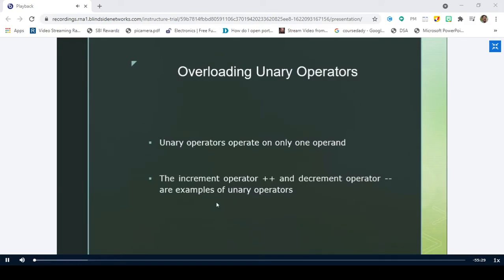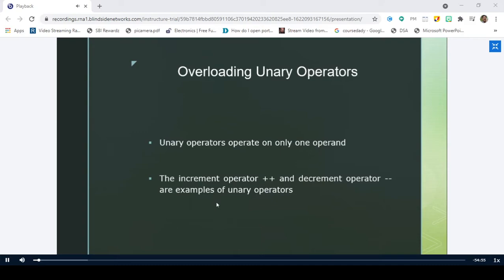So yesterday we started our discussion on operator overloading, and we have seen a few examples of how to overload the binary operator, that is plus. In a similar fashion, you can also write your own code for overloading the other binary operators. Right? And we have already seen the overloading of the relational operator also. Later we had a very good discussion on the friend function.